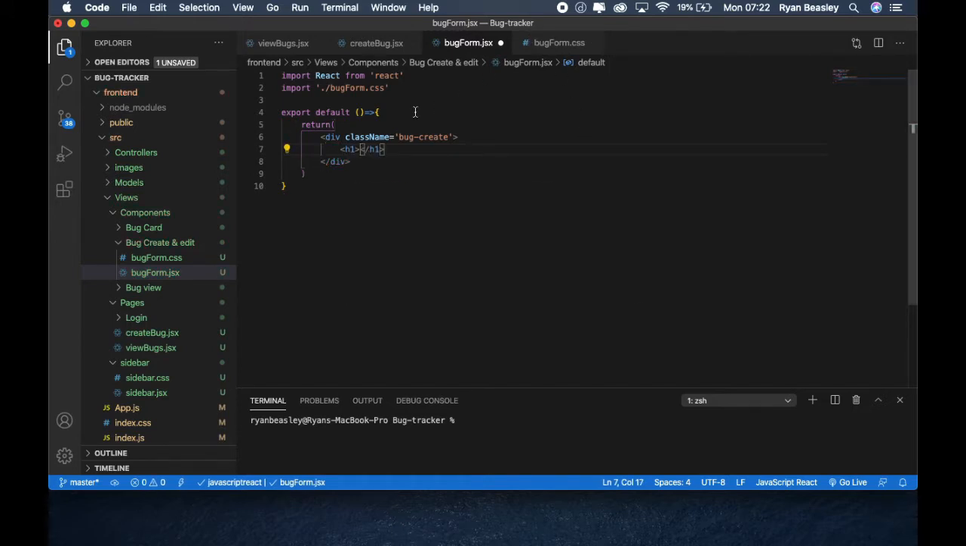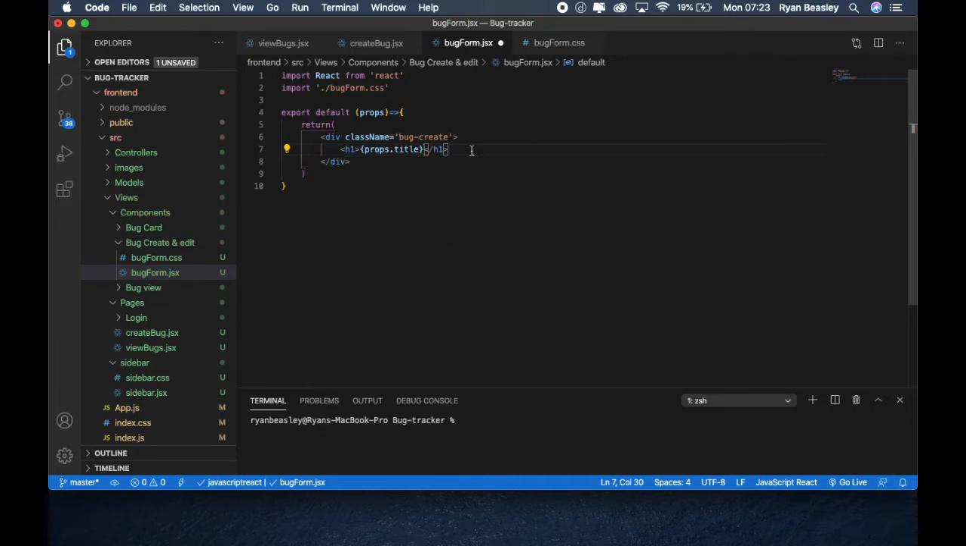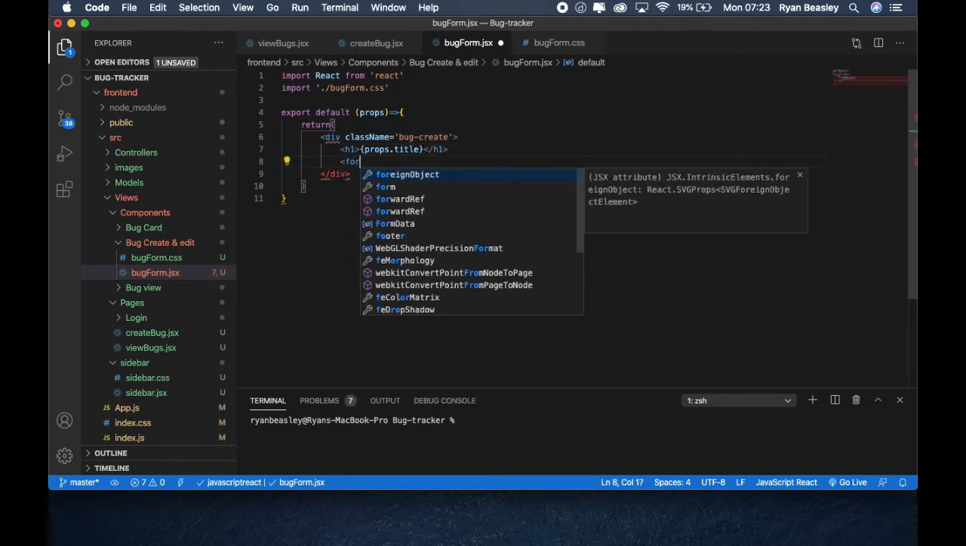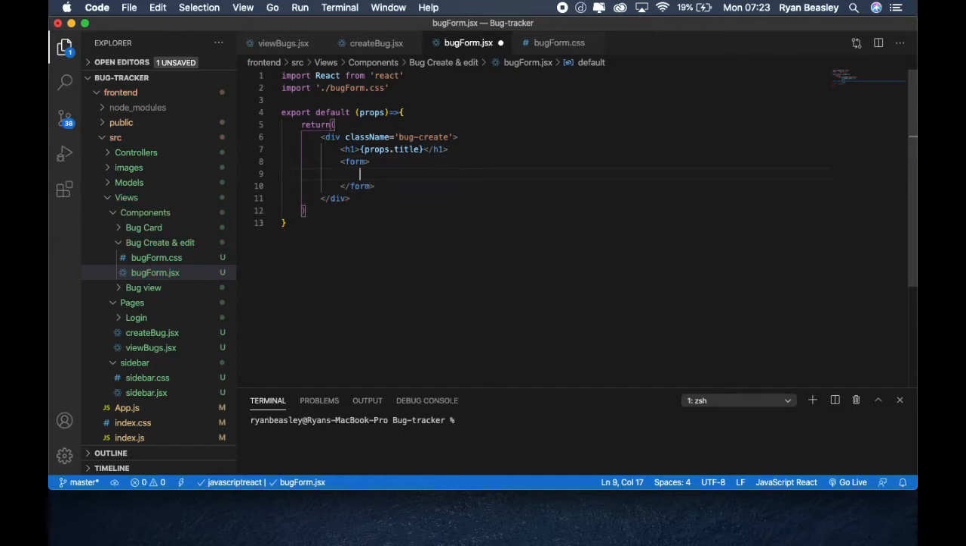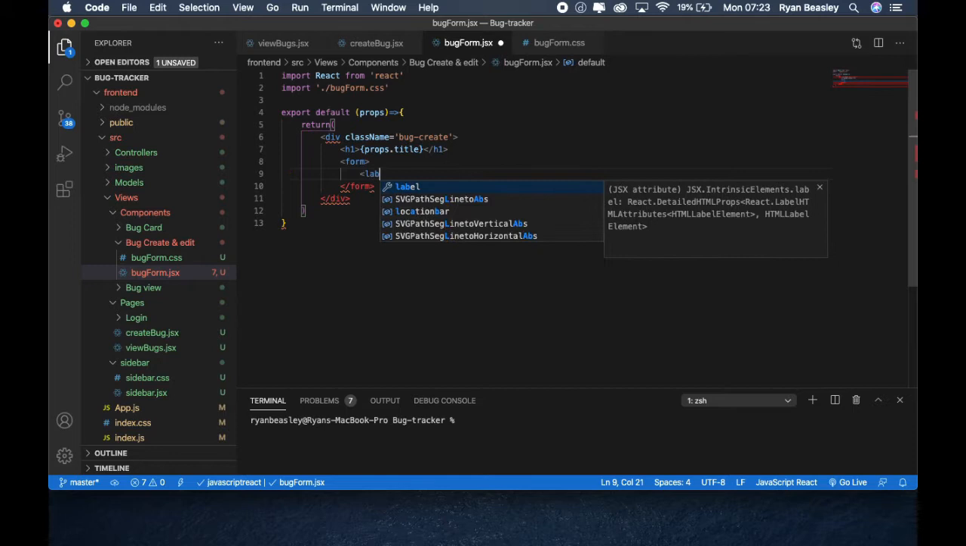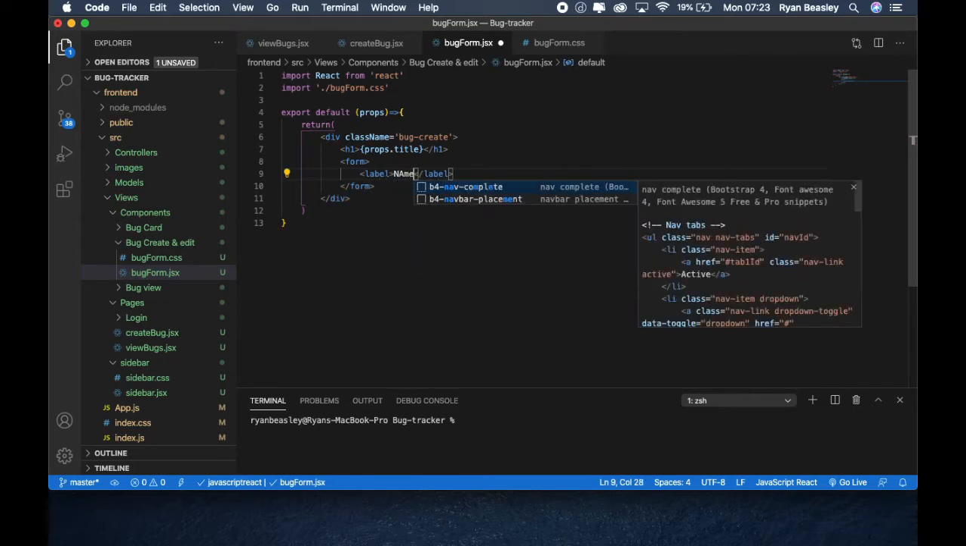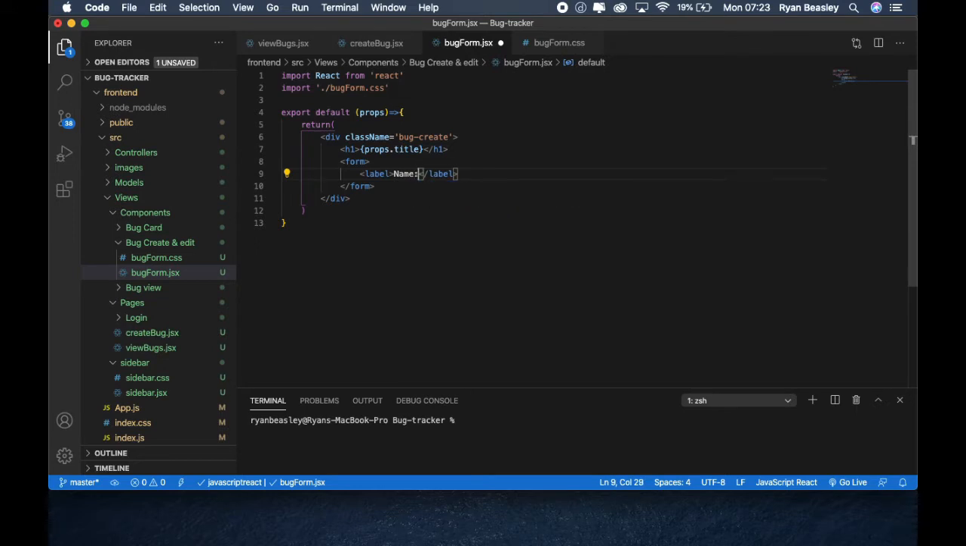Now because this is going to be create and edit, we'll pass some props in. So we'll put the prop title in the h1 we just created, and then we'll create a form. So inside the form, first thing we'll have is a label, and we'll call this name. So this will be our name input,